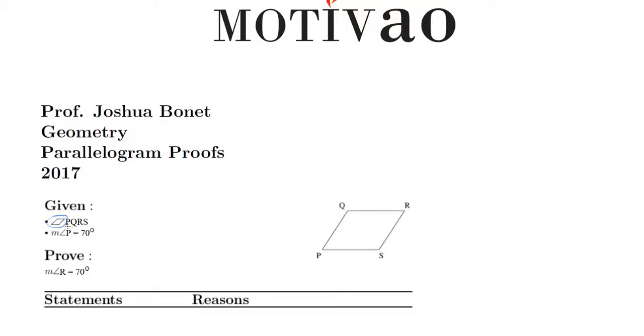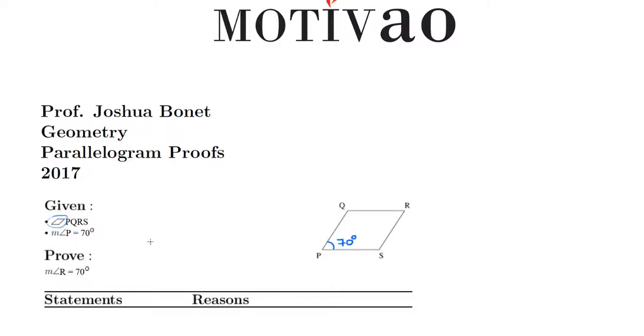Whenever you read these letters, it's in the order of how you're going to write the name of the corners. So PQRS is a parallelogram. That's what's given. We're also given that the measure of angle P is equal to 70 degrees. So this angle right here is 70